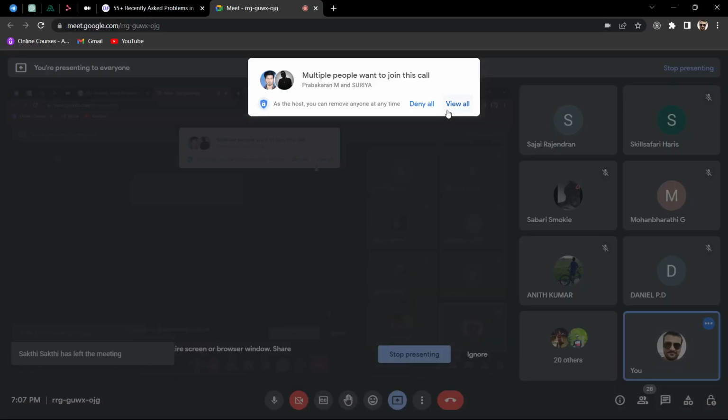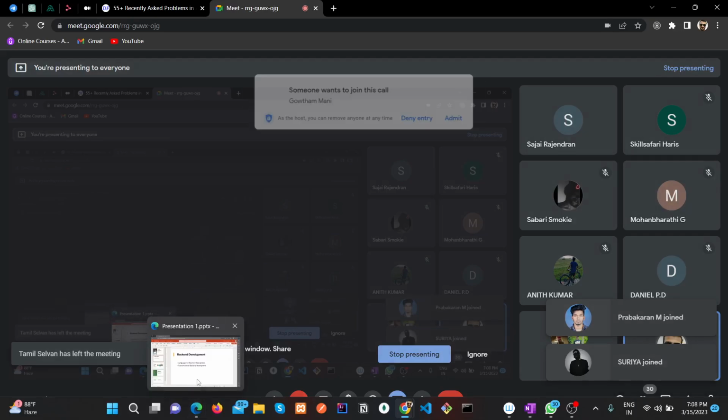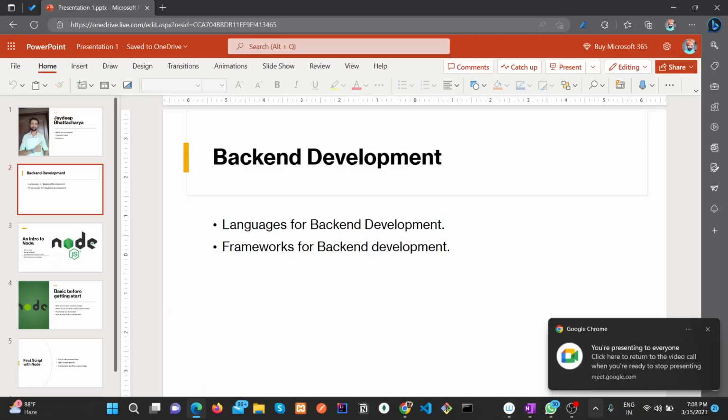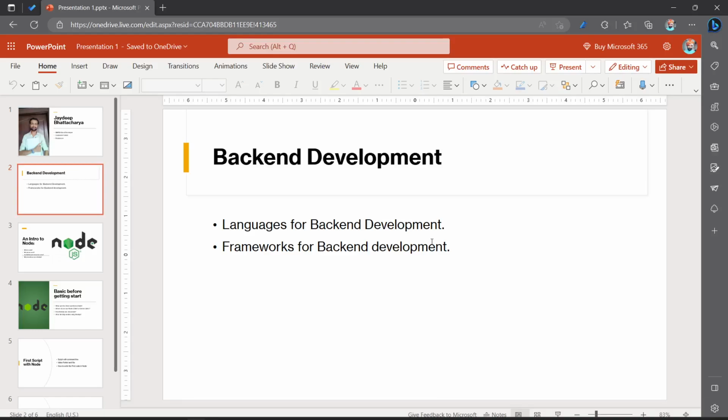That's very obvious, as new technologies are introduced and many frameworks become popular, and we have to learn them in order to work as a developer. So now you have a clear idea of which languages can be used for backend development and what the frameworks are.